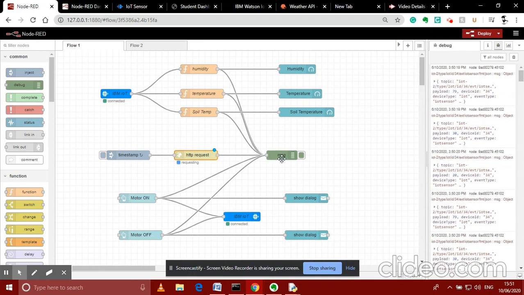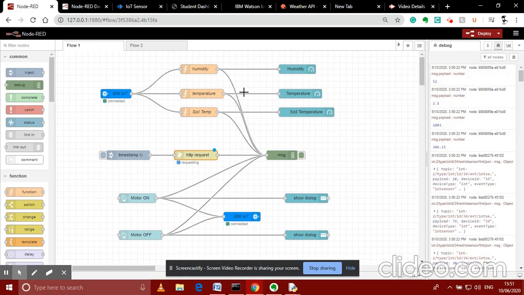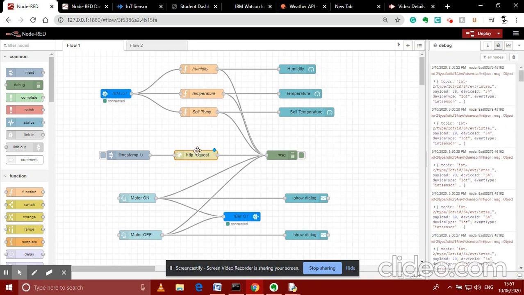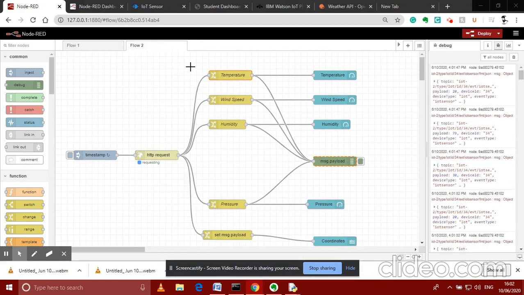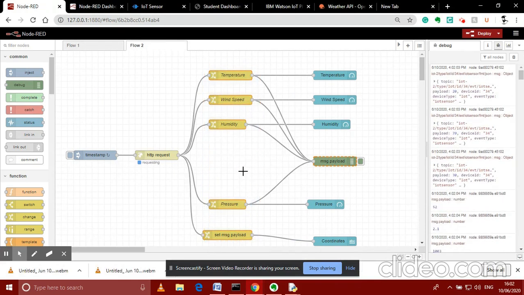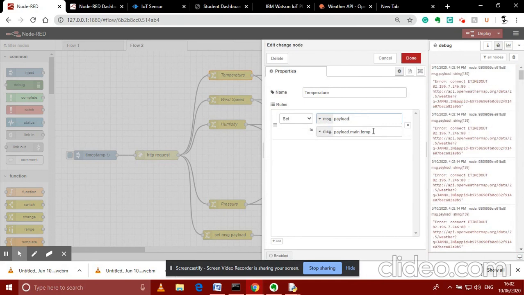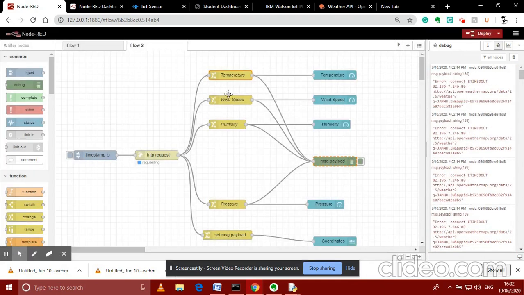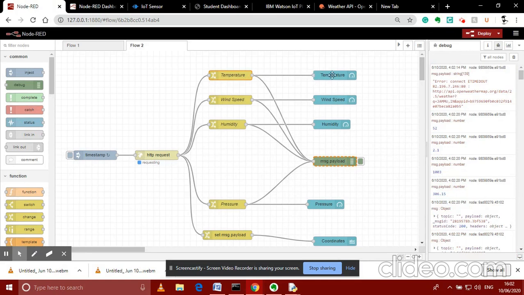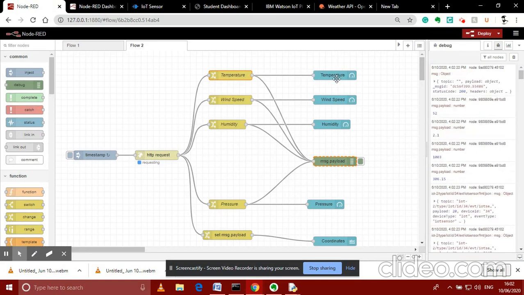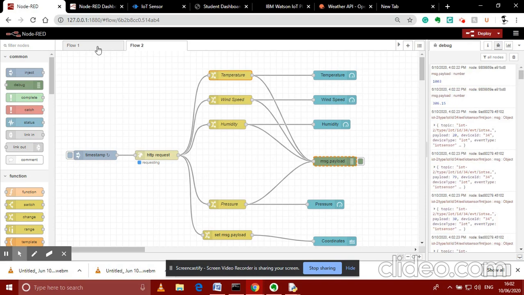Now, we know that we have to get different parameters of the weather, such as humidity and temperature, and we need to separate them, just like we have separated the parameters here. So, I have done it in another flow so that it doesn't look clumsy. Here it is. Here you can see that I have separated the weather parameters from each other with the help of these nodes. These nodes convert one type of data into another, as I have done in this case. These nodes are then further connected to the dashboard nodes, which will show the data in the dashboard. Let us go back to our other flow.